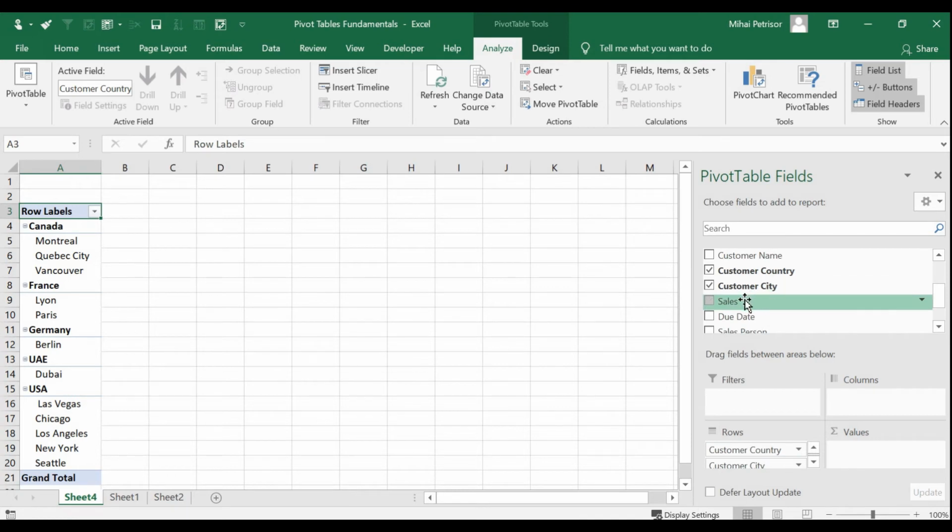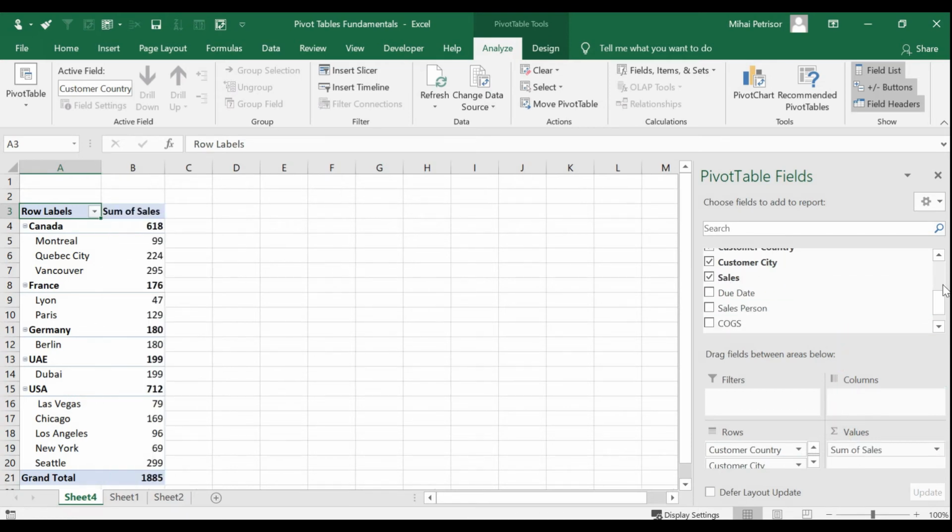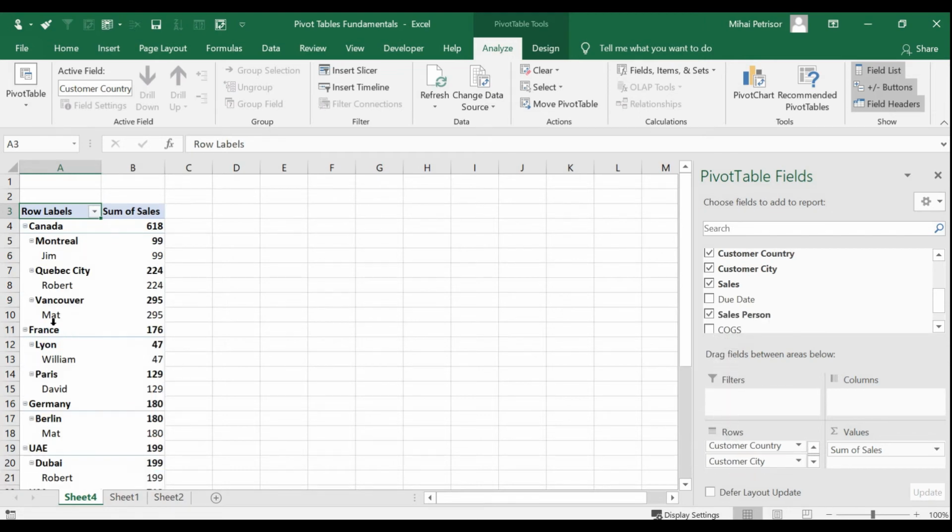I want to see the turnover, so the total sales value, in the values area, and then I'm going to choose the salesperson and put it at the last level, let's say, from where we can see the details of our sales transactions.